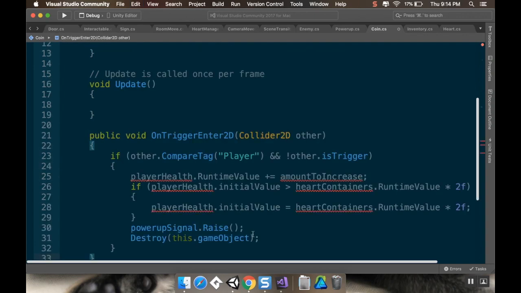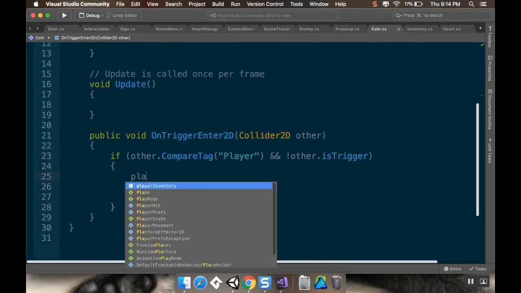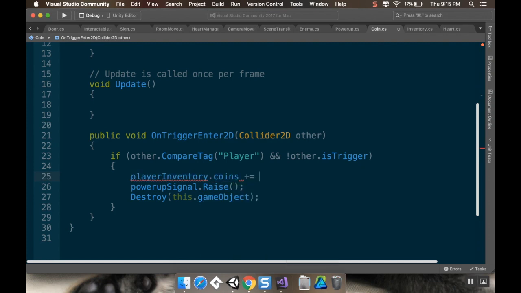I'm not going to do anything to the player health, but I do still have that signal, and I'll deal with that in a second. So what I want to do here is player inventory dot coins plus equal 1. So I'm just adding 1 to the coins. Now for that signal,